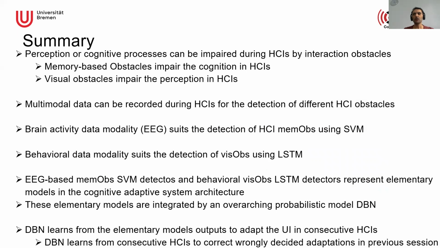Finally, to summarize, we see that perception and cognition processes can be embedded during human-computer interaction with multimodal data. Multimodal obstacle detectors can detect those obstacles, and those obstacle detectors can be integrated by a probabilistic model to decide the best suitable user interface adaptation in consecutive sessions to consolidate or to correct the user interface